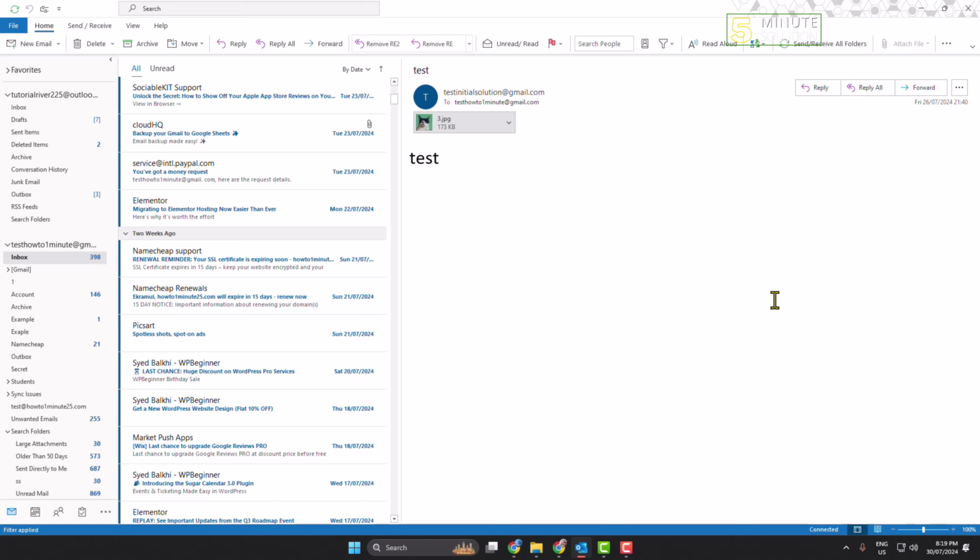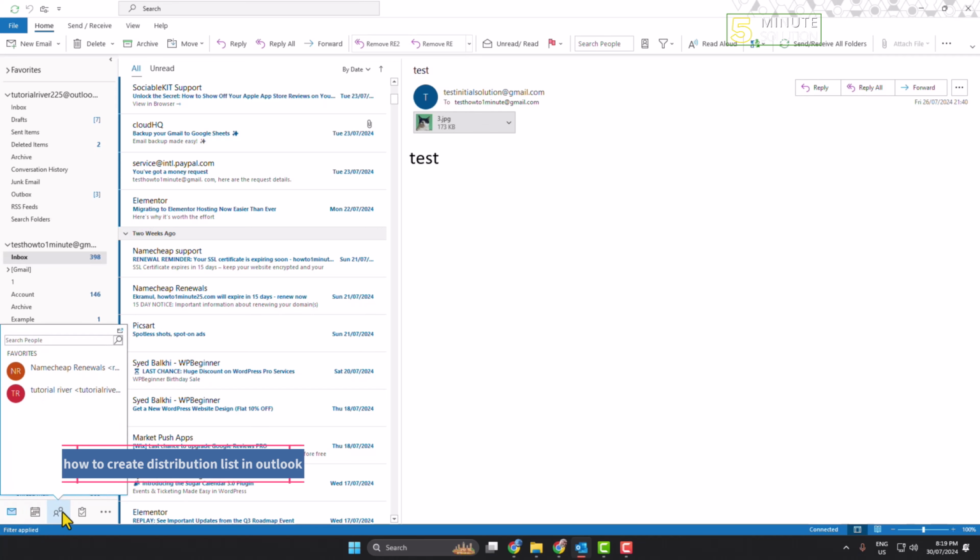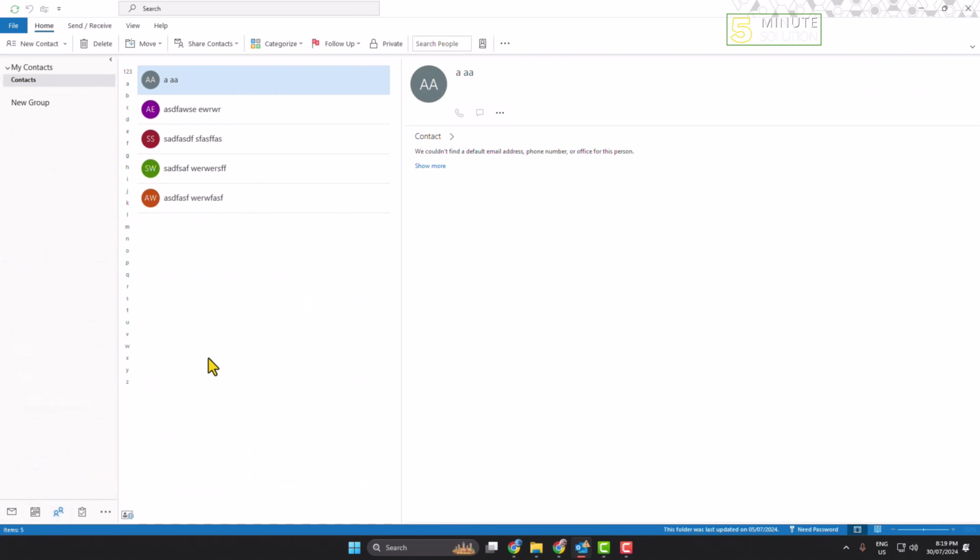So creating a distribution list in Outlook is a pretty easy process, and here's how to do it. First of all, from your Outlook, just click on this people icon, and now here we have to create a new group for distribution. So just click on this little arrow icon next to new contact, and here click on